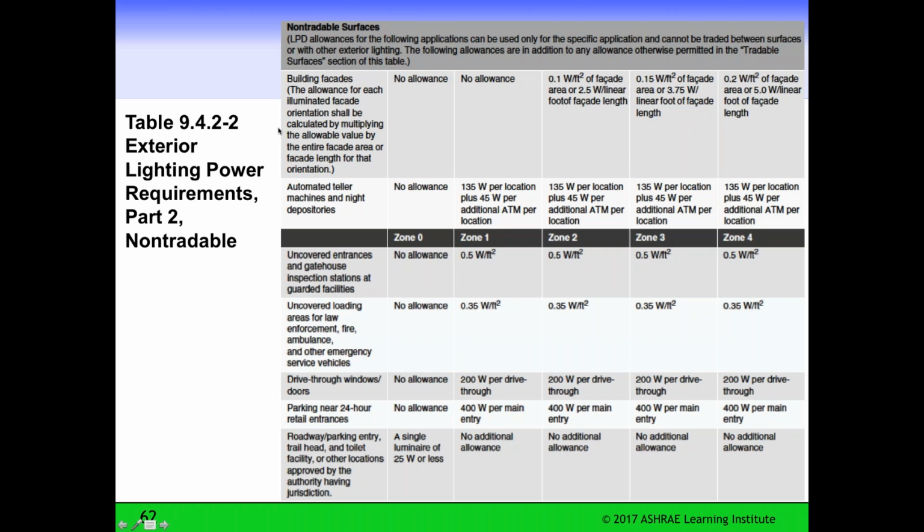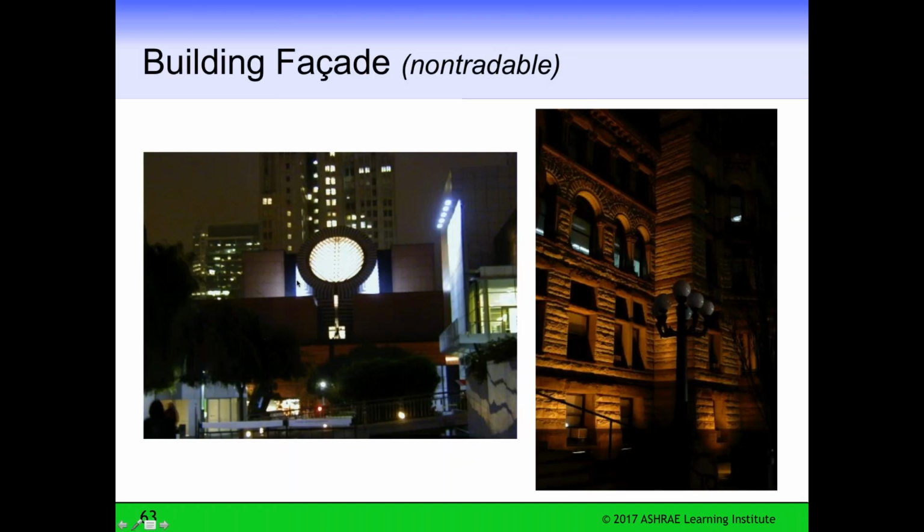So these are the lighting power requirements outside. And here are two examples. This is lighting outside of the Museum of Modern Art in San Francisco on the left, and the lighting on a beautiful old stone courthouse in Toronto on the right.